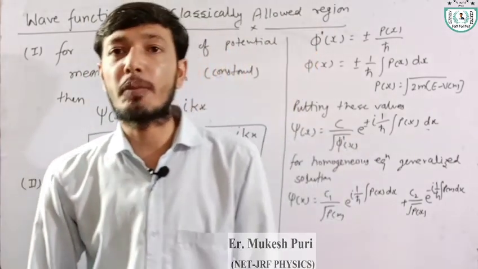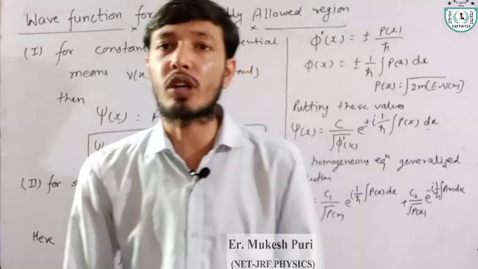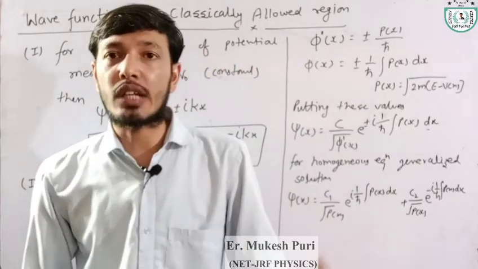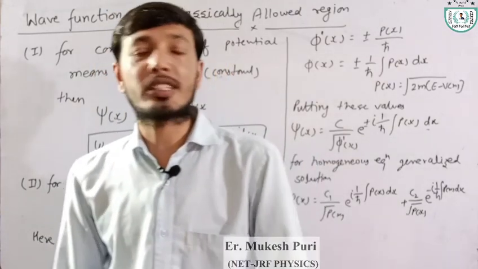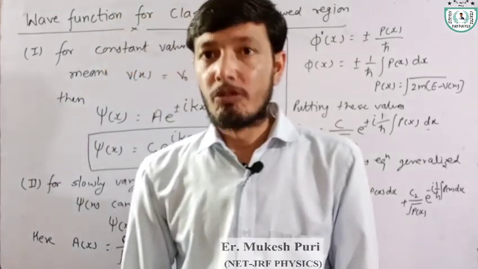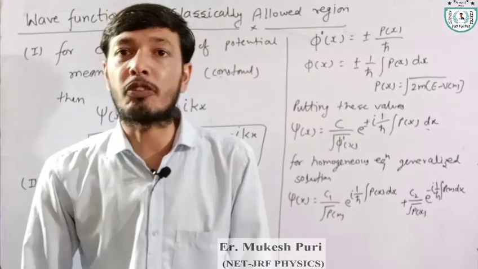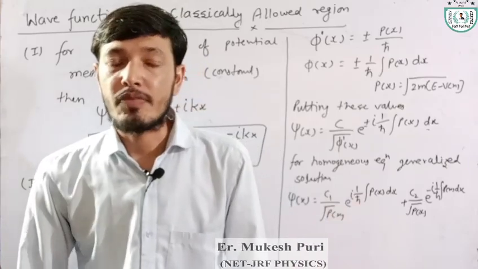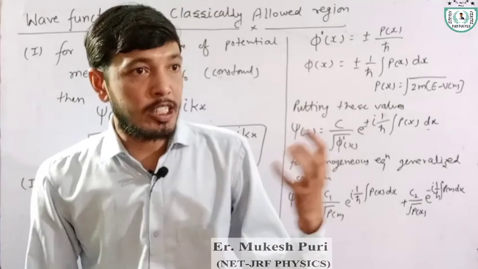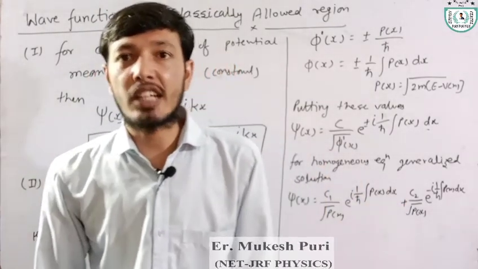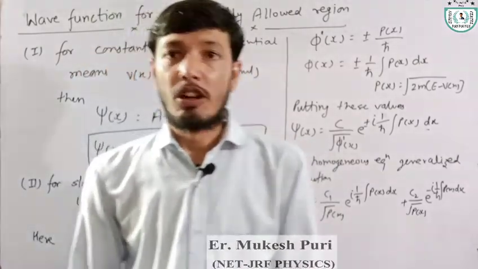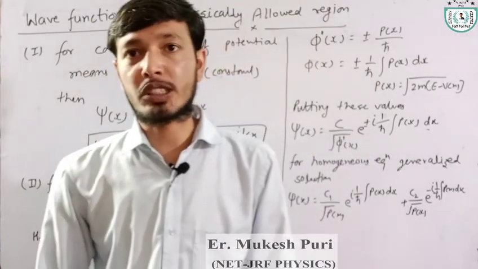Today we will discuss a very important quantum mechanics topic, the WKB approximation method. In this method, we have discussed till now what the WKB approximation method is and what the basis of this method is. Now we will discuss the wave function of the Schrodinger wave equation and also how we can solve problems of the WKB approximation method in just 30 to 40 seconds. Okay, let us start. First of all, we have the wave function for the WKB approximation method.